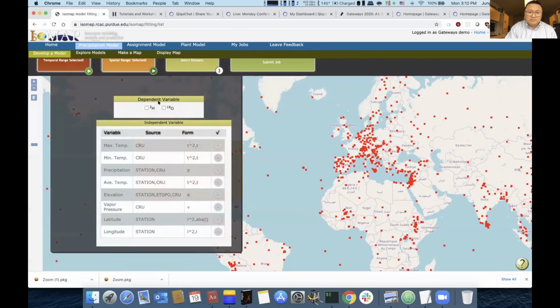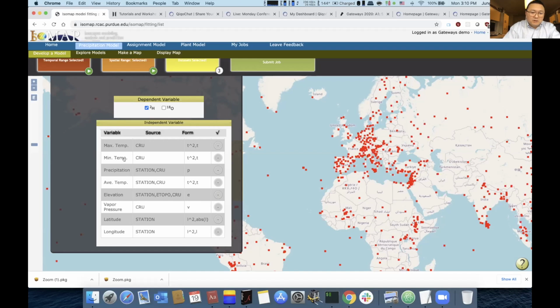And the next step is choosing the dependent variable Y. Our portal supports isotopic ratios for either hydrogen or oxygen. Either is fine. I will use hydrogen. And as I said before, you can select as many variables as you want to use for explaining the dependent variable.